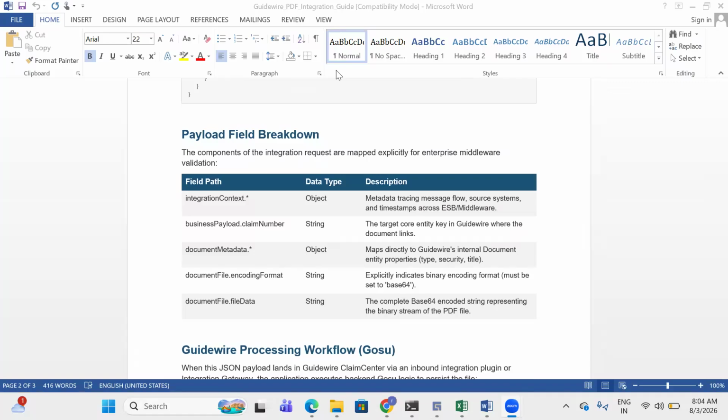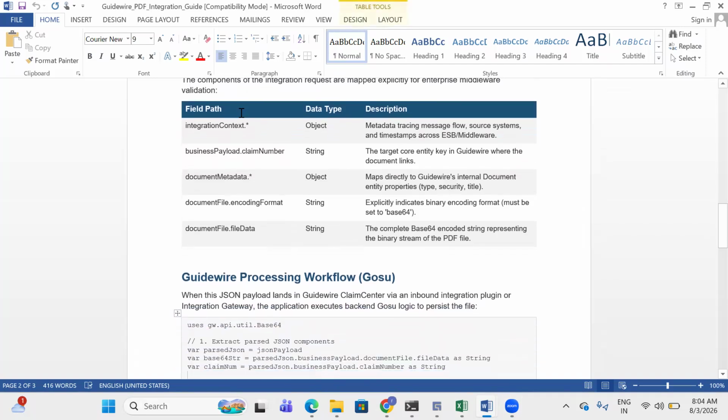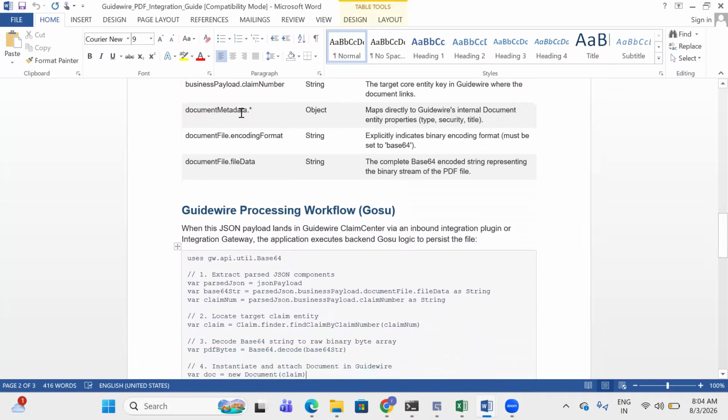Right. So in the previous session, we discussed Guidewire integration as a case study that we have taken. We discussed the different field paths we have, including the data types, right? The description part I already covered. And this is the Guidewire processing flow in context of GoSwift, whenever any JSON